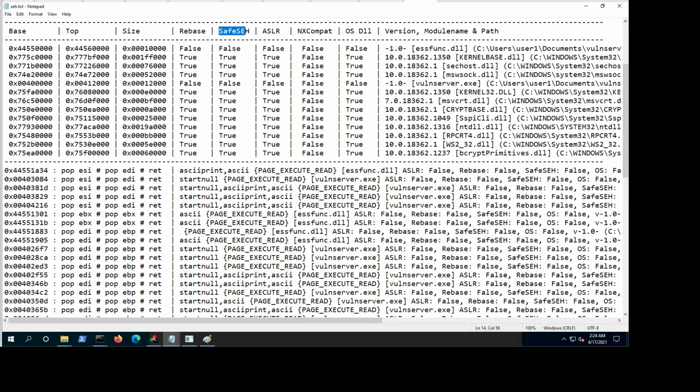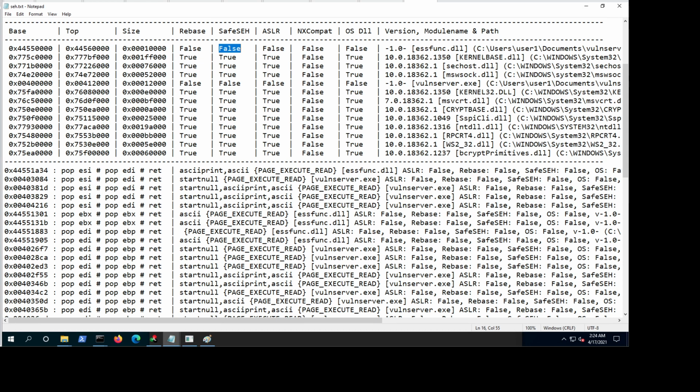So we need to find an executable that is not compiled with safe SEH, okay? Because if it is, then we will not be able to use this method. Why? Because safe SEH will pre-register the exception handlers once the system loads them, and you can imagine they get stored in a table. When an exception happens, the system will check the address on the stack against the address in the table. If they match, then all good. If they don't match, then we probably have a problem, and some of our addresses have been overwritten,